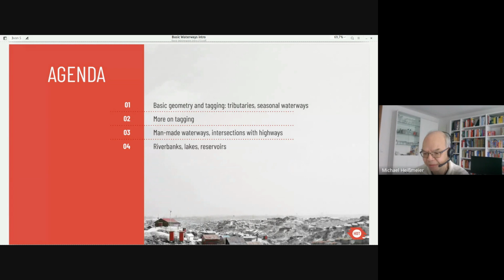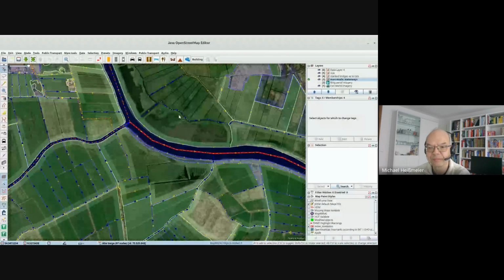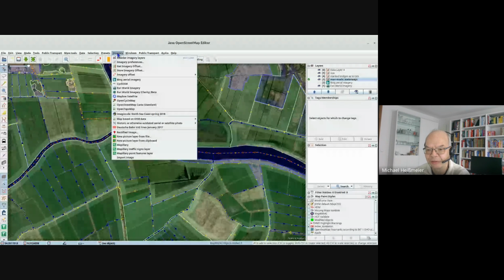Let me stop sharing this one and share just another window, this one, my JOSM. So okay, does that work? Can you see my JOSM already? Yes, we can see it.